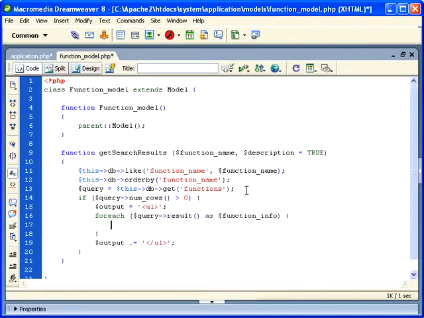So let's do, now remember up here we were looking for descriptions. So if the function is calling for the description, then we'll include that as part of the list item. But if not, we won't. And I'm going to code that like this. The description variable is set to true. And if that's the case, then what we'll do,